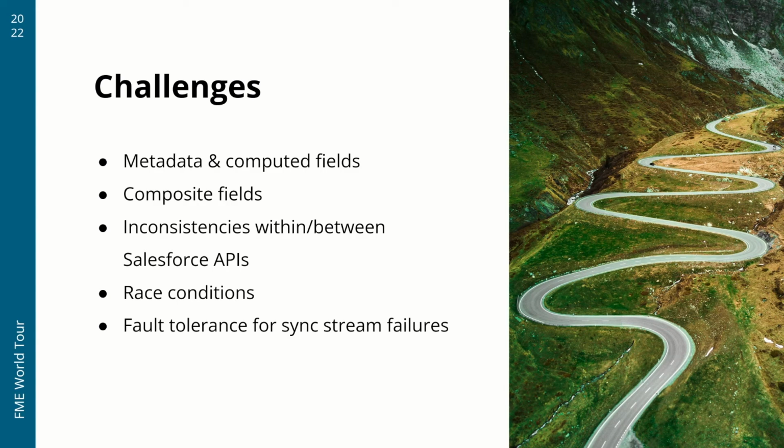These exchanges between the two systems can react to each other such that they go back and forth forever, trying to assert dominance over the data. This is known as a race condition in computer science jargon. We implemented an algorithm in the sync workflow to detect and correct for these conditions.